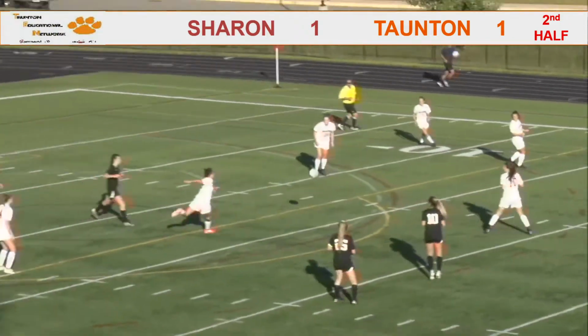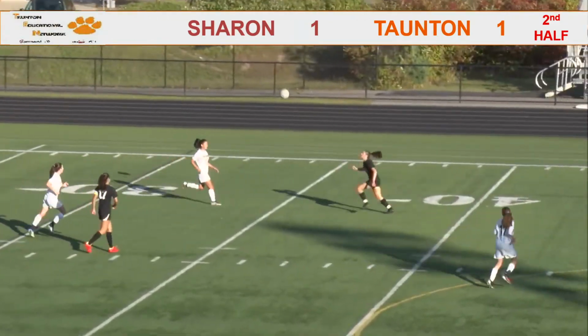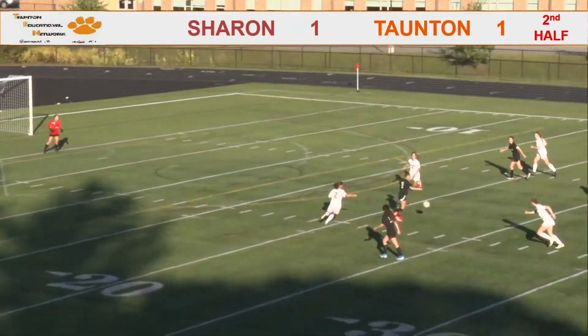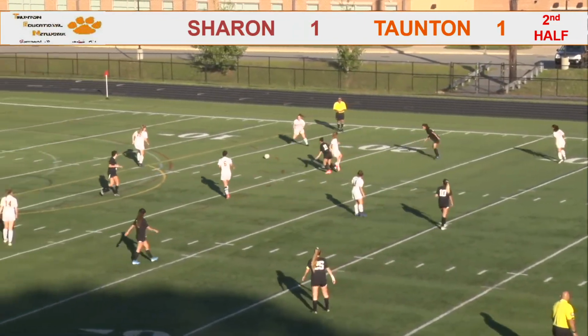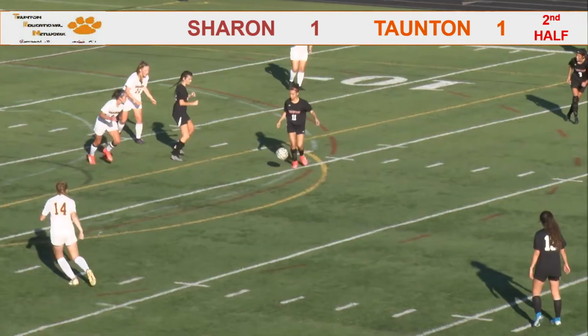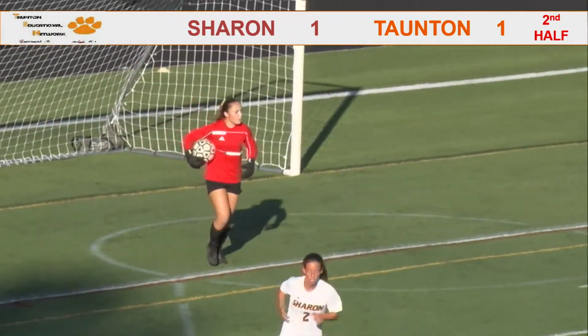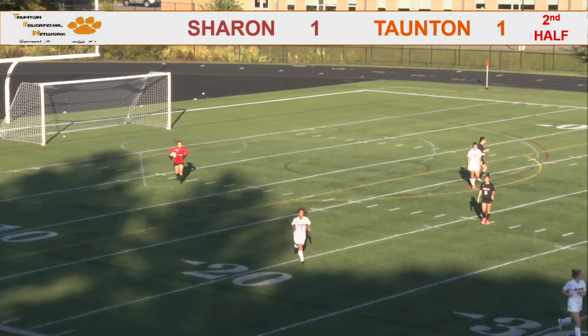Ball is back in play. Tigers trying to keep the ball on the Eagle side of the field. Really pushing, trying to keep it over there, and staying in control of the ball. Ball controls everything in this kind of situation. They got to make very quick, controlled movements. But